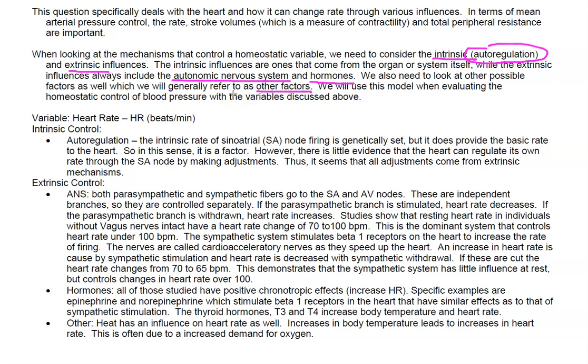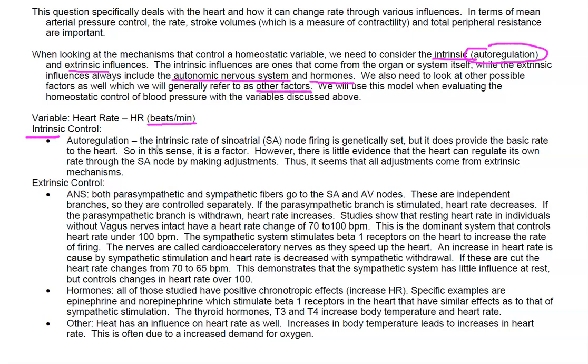So heart rate is pretty straightforward. Heart rate has units of beats per minute. I think you all know that. So we'll look at the intrinsic control first. How do we intrinsically control heart rate? The first way is again through autoregulation, although some people argue this really isn't a control mechanism because